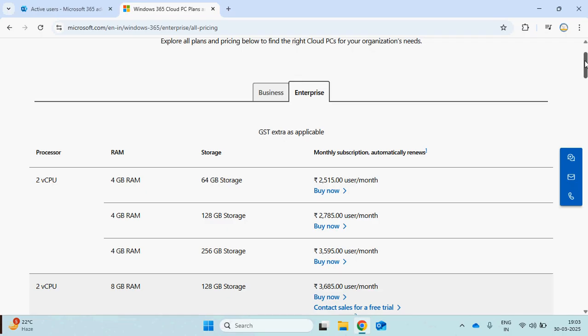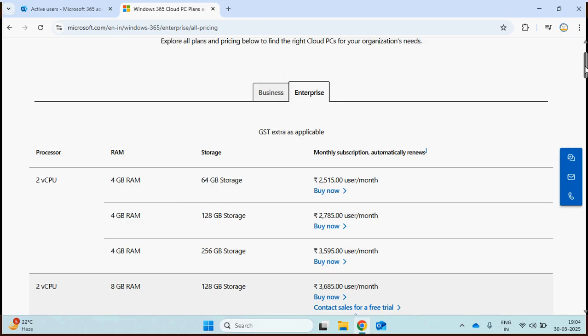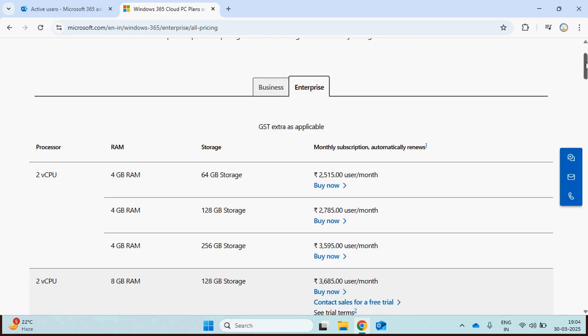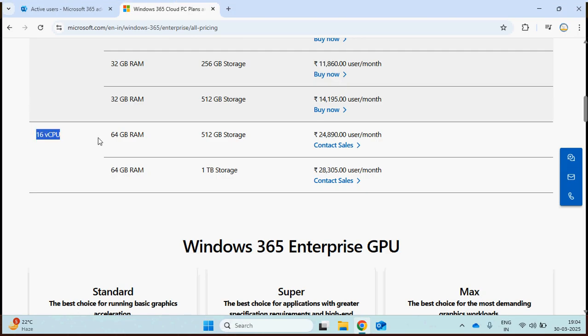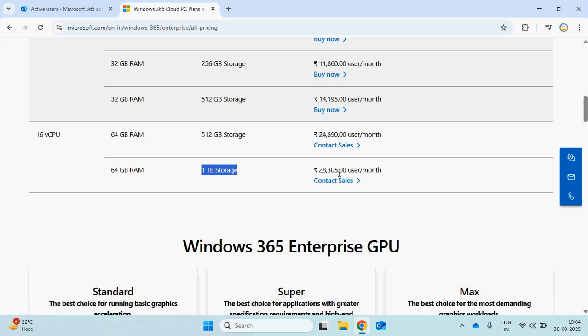You can have 500, 1000, 5000, 10,000. As such, there is no limit published by Microsoft. There are various plans. It starts with 2 CPU, and goes up to 16 virtual CPU, 64 GB of RAM, and 1 terabyte of storage. The cost is 28305 rupees per user per month.